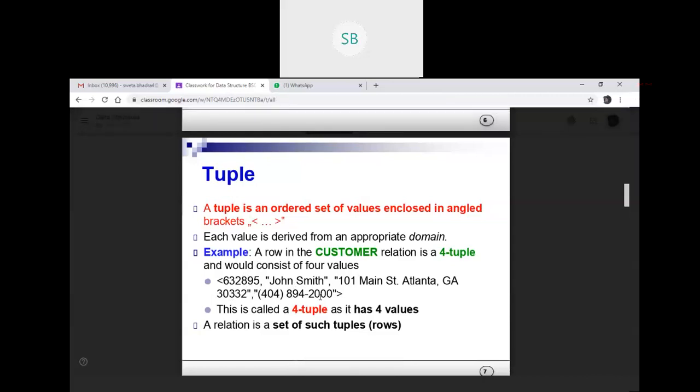So it consists of 4 values. That is why it is known as a 4-tuple. A relation is a set of such tuples, a combination of such tuples. Any confusion? No, ma'am.